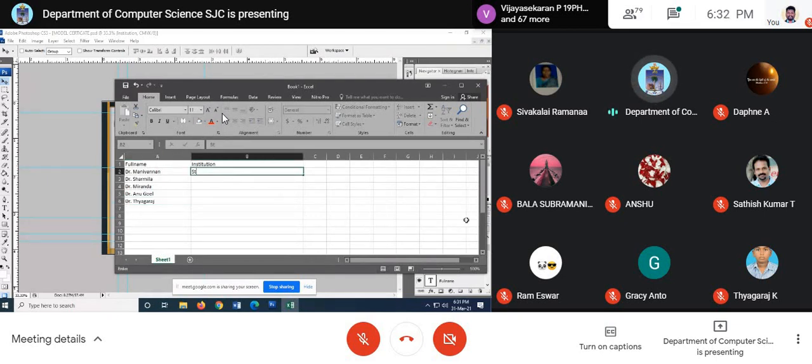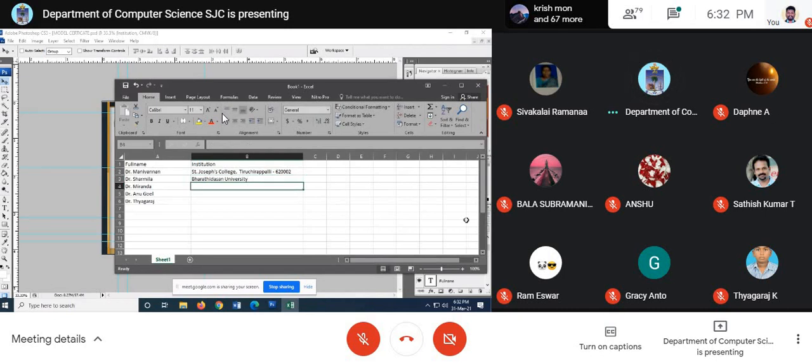Look at your first institution. See, I purposefully gave a long name. St. Joseph's College, Tiruchirappalli. Okay, now go for Bharati Dasan University.